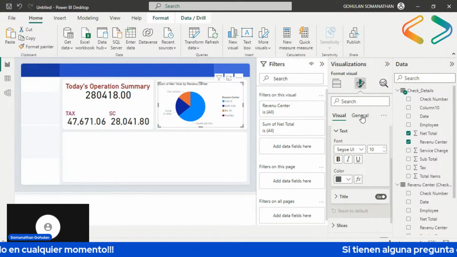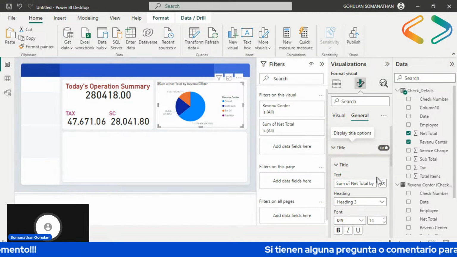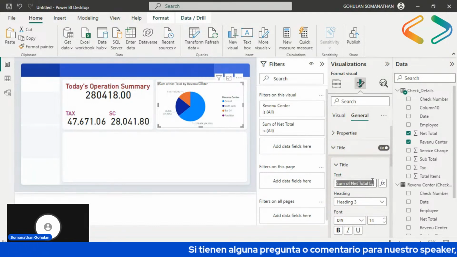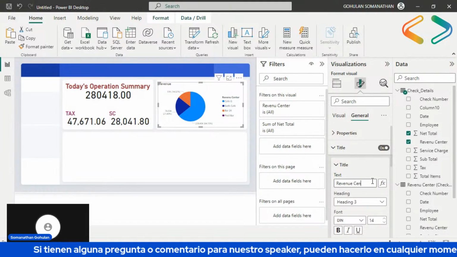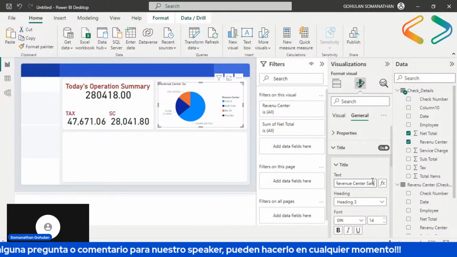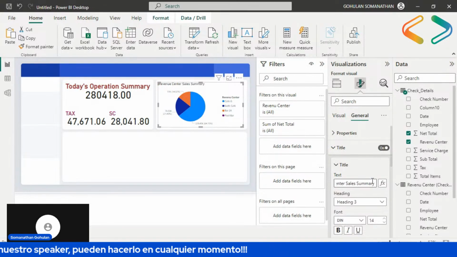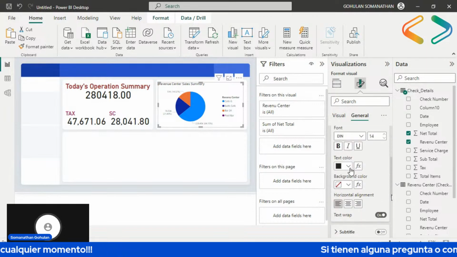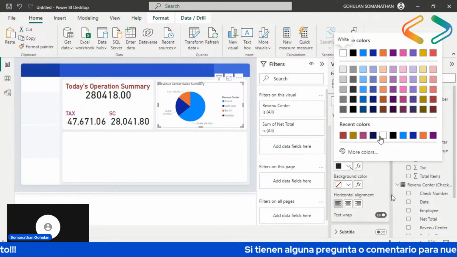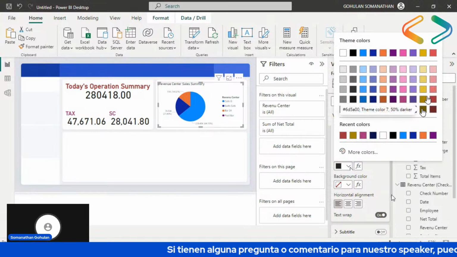Oh, I'm sorry, I'm going to change the title to maybe revenue center sales summary, and I'm going to put a beautiful color. Yes, I'm going to check, since it's a value.